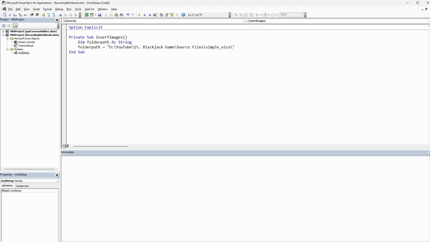Put the backslash in there as well. We want a file string. We also want to set the range of where we're actually setting all these values. We'll set range equal to sheet, and we'll give that a code name, so sheet cards range, and we'll refer to the B column